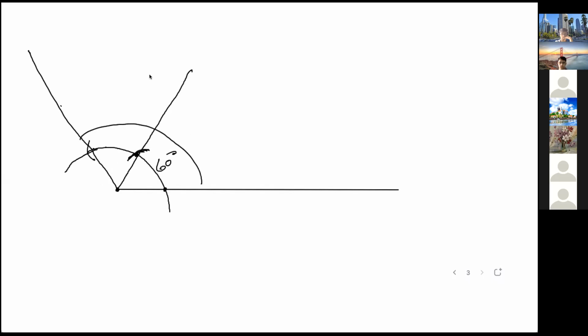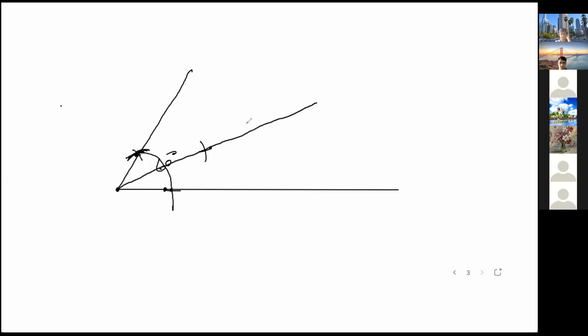If you have to draw 30 degrees, that also I have taught you when we were doing locus and all. For 30 degrees you have to find the angle bisector of 60 degrees. So first you will draw 60 degrees. And after that, the angle bisector, with the same measurement, cut from here, cut from here. So this angle is 30 degrees. This angle is 30 degrees.